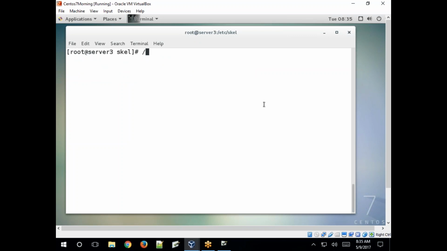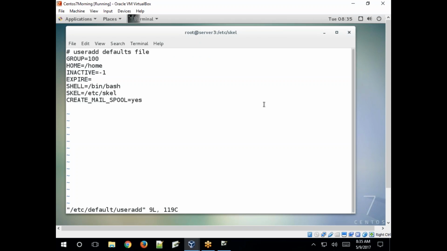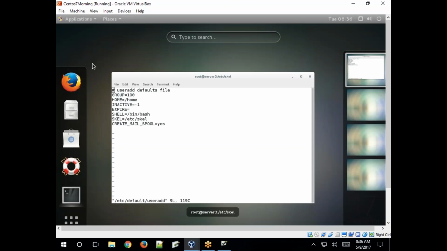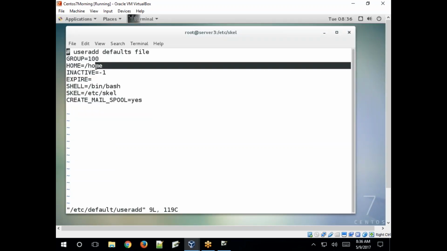Okay, I'll show you the useradd command syntax, the default useradd file. See, the default home directory. What is the default home directory? It is /home.